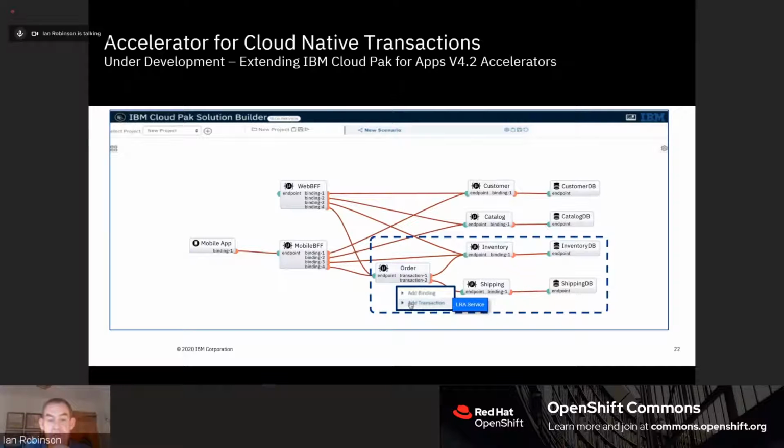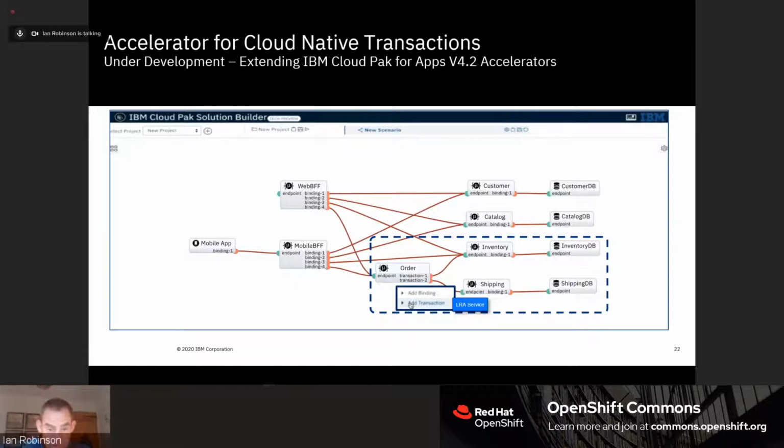The thing that's interesting that I want to call out is that this pattern has now been extended in the transaction accelerator to have a transactional relationship between the order, shipping, and inventory web services. So when an order is placed, something is taken out of the inventory and shipped. And in this particular case, we want an LRA transaction to ensure that when something is shipped, it really is taken out of the inventory.